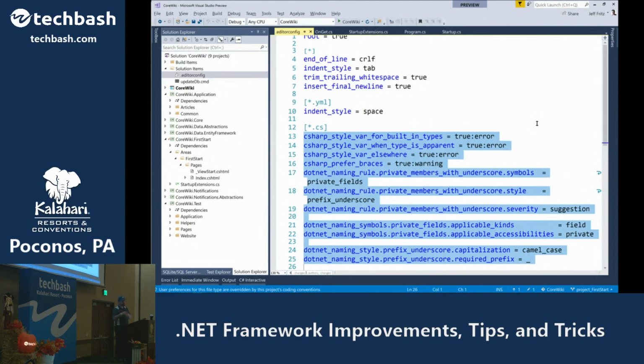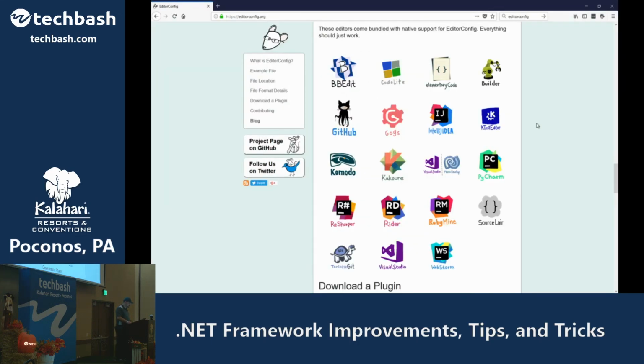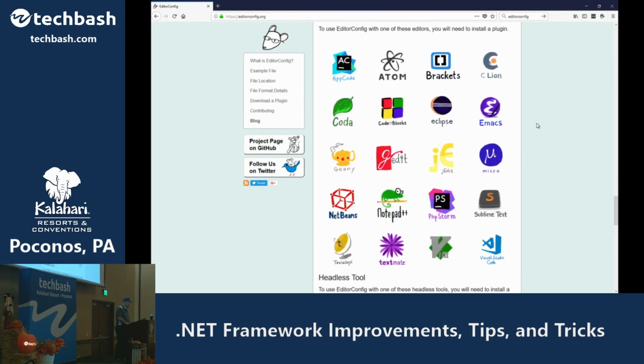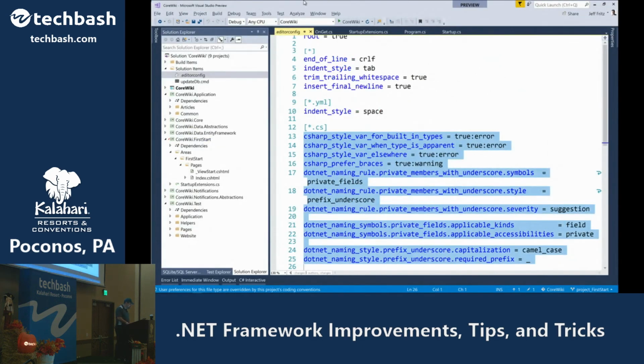So if somebody opens this in IntelliJ IDEA or inside of Rider, right? If Rider doesn't understand it, I don't know about that. It just will ignore these silently. And you can download plugins for some other editors as well: Atom, Sublime, Brackets, right? So that's what's in editor config, but wouldn't it be great